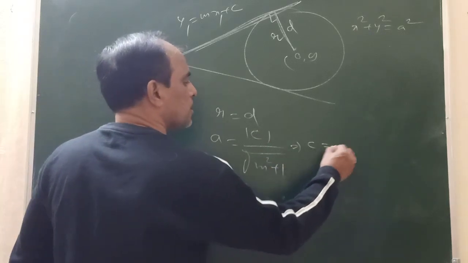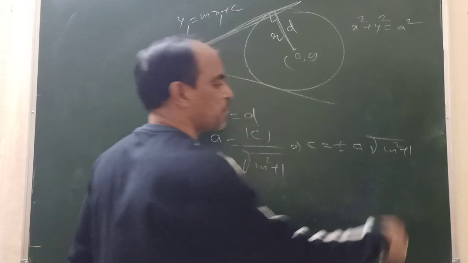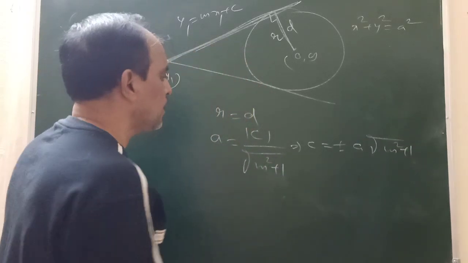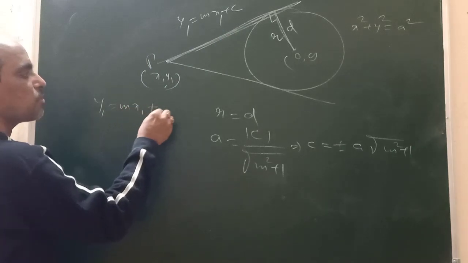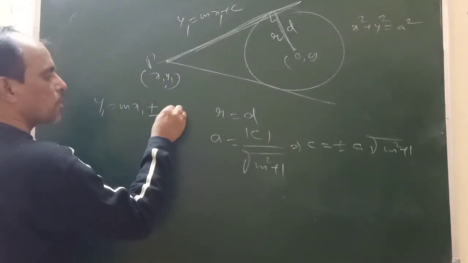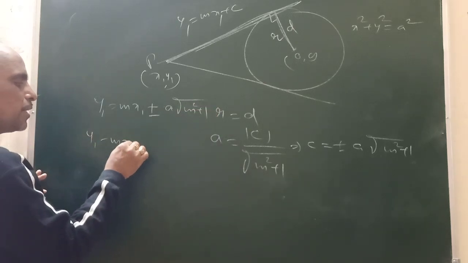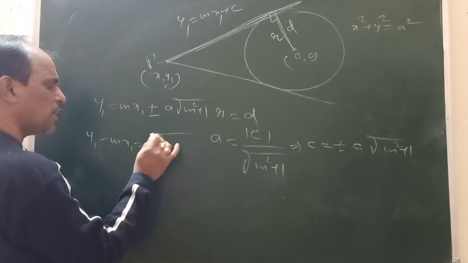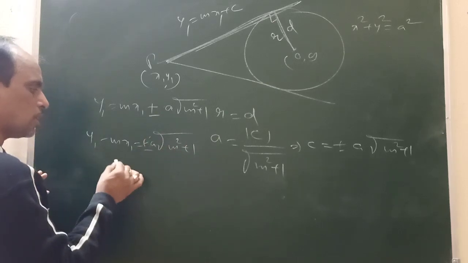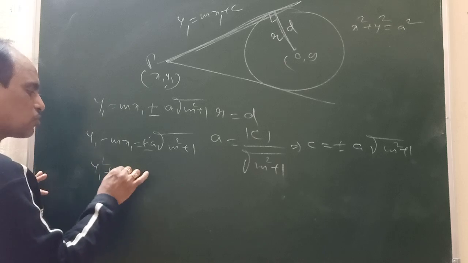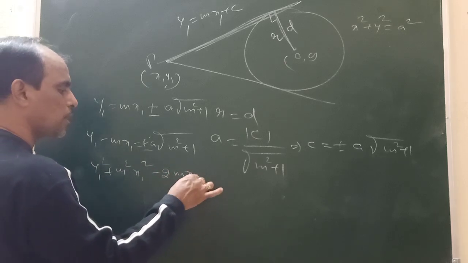Now from here, c can be written as plus or minus a into root of m square plus 1. Now I am going to substitute here y1 is equal to mx1 plus c, where c means plus or minus a into root of m square plus 1. So y1 minus mx1 is equal to plus or minus a root of m square plus 1. This is one of the very, very important concepts in circles. Now squaring on both sides, y1 square plus m square x1 square minus 2m x1 y1